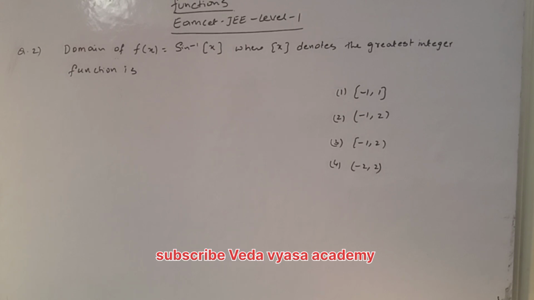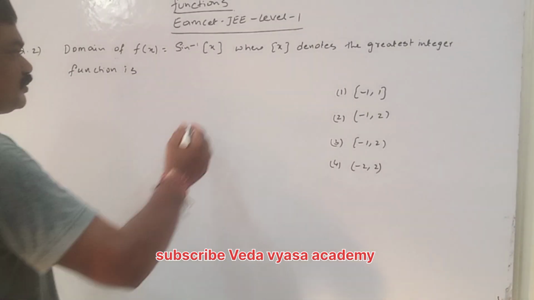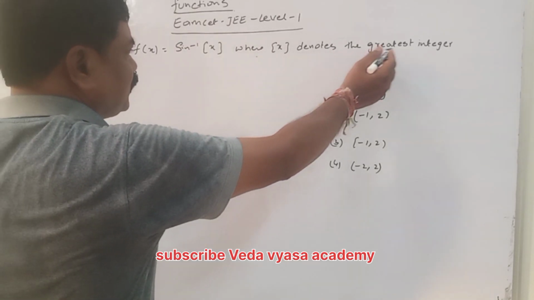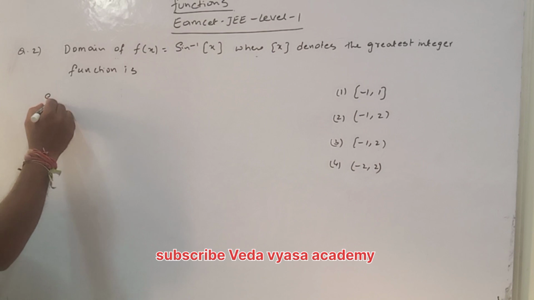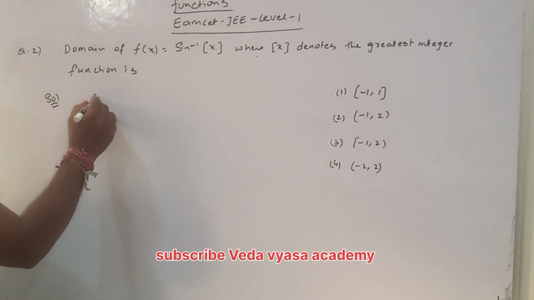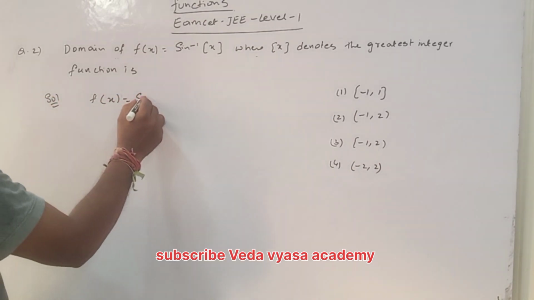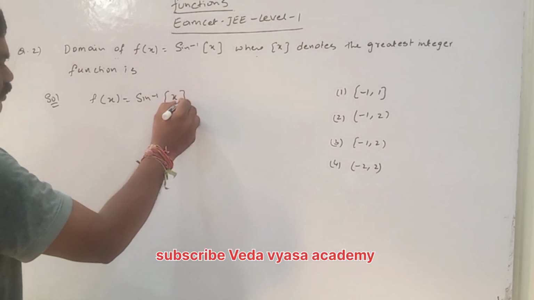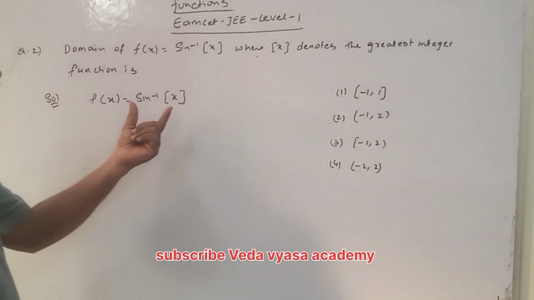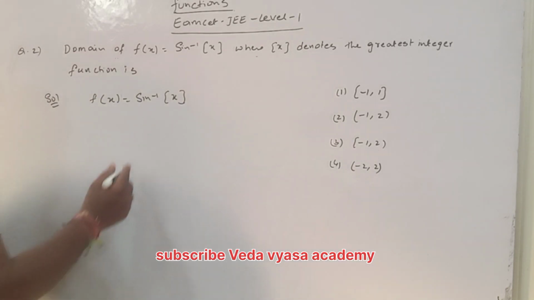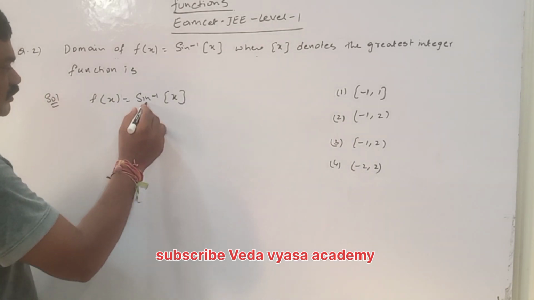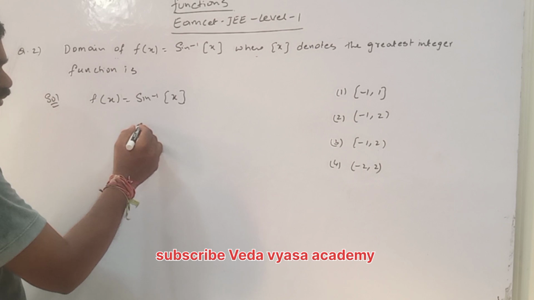We have the problem: the domain of f of x is equal to sin inverse of [x], where [x] denotes the greatest integer function. So we have f of x is equal to sin inverse of [x], where [x] is the greatest integer function. So generally, for sin inverse of x, the domain